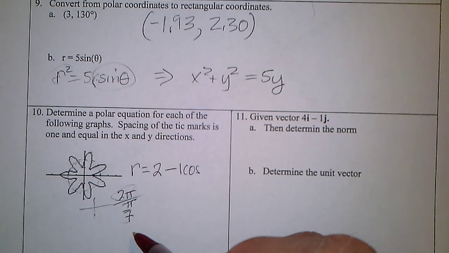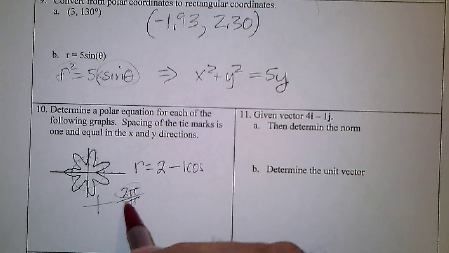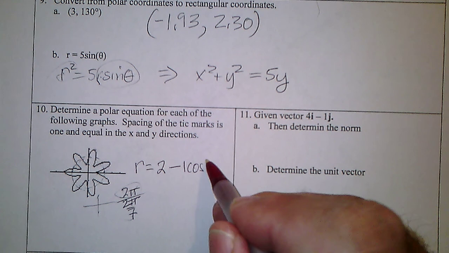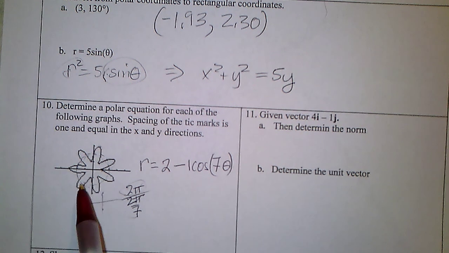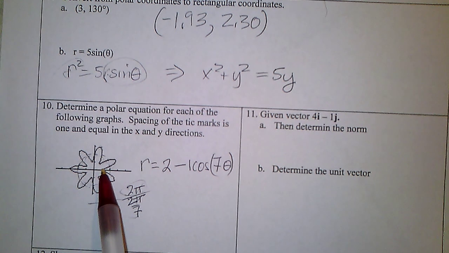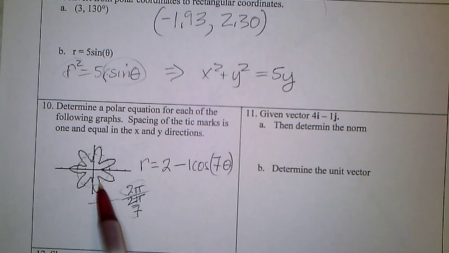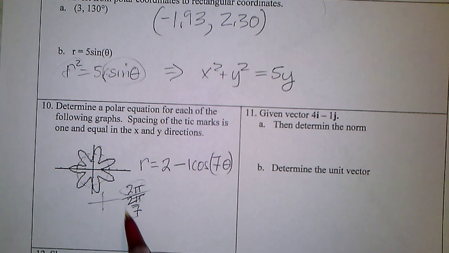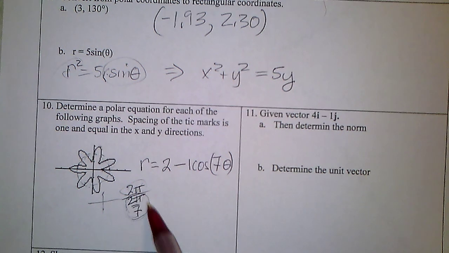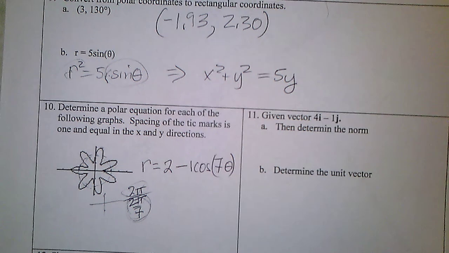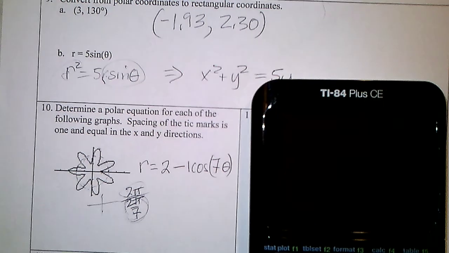I got to get 1/7 of 2 pi, so the 2 pi's cancel, and I get 7 theta. That's what I want to say. There's 7 of them in 2 pi, so 2 pi divided by 7 is the period. The normal period divided by the period gives us this. And if I graph that,